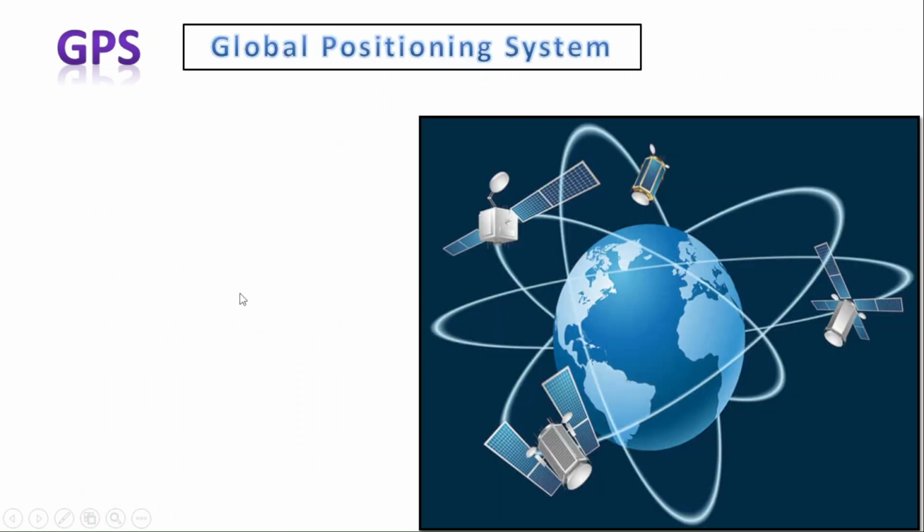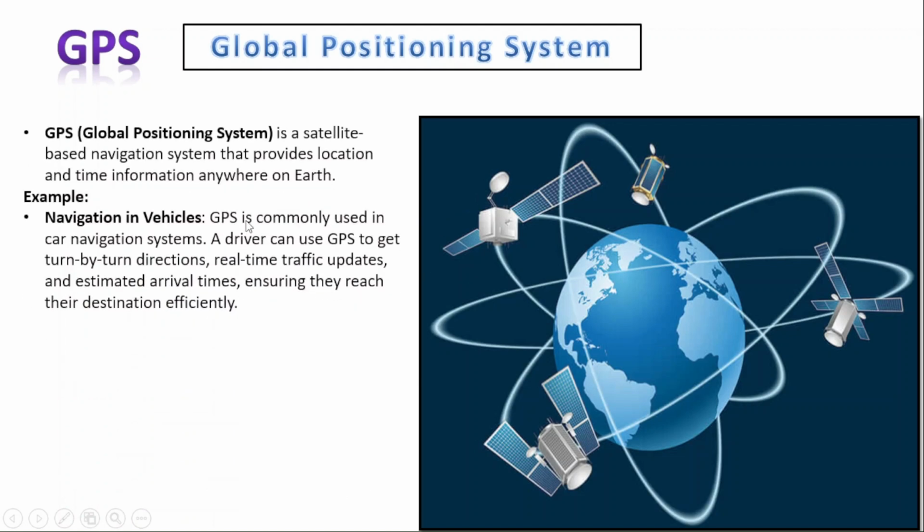GPS, that is Global Positioning System. So GPS, Global Positioning System, is a satellite-based navigation system that provides location and time information anywhere on Earth. Example, navigation in vehicles. GPS is commonly used in car navigation systems. A driver can use GPS to get turn-by-turn directions, real-time traffic updates, and estimated arrival times, ensuring they reach their